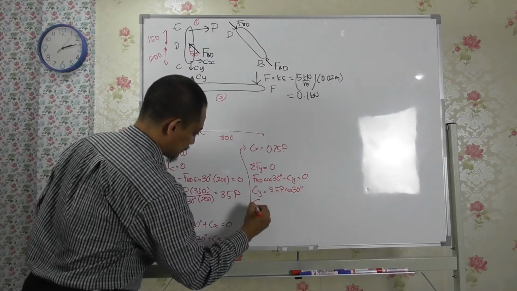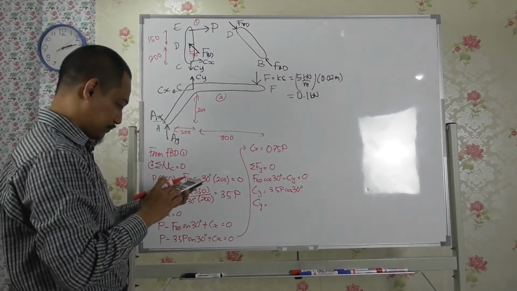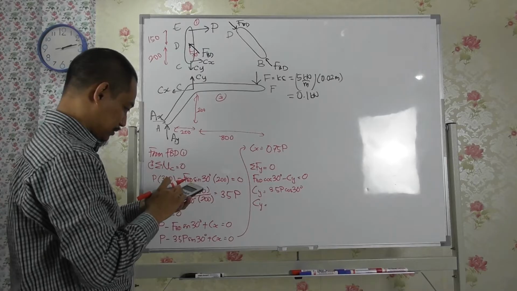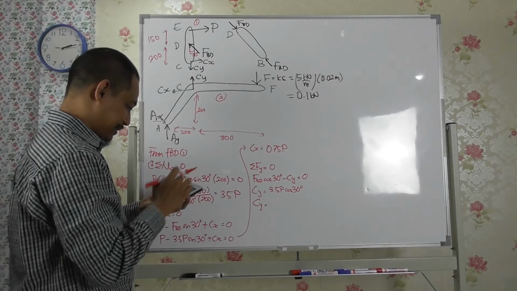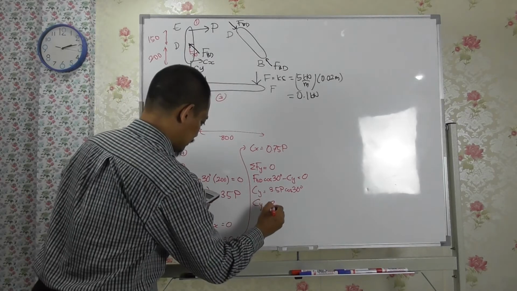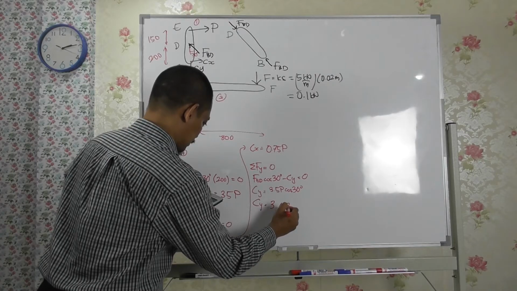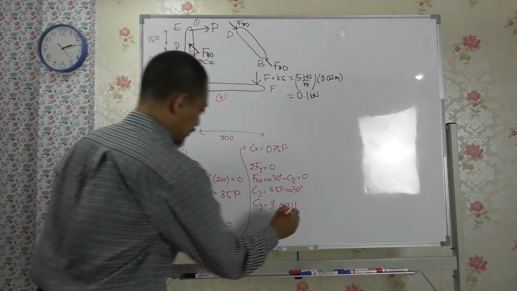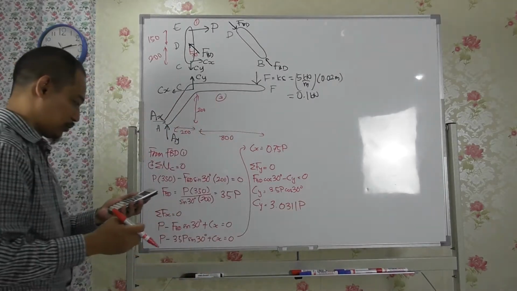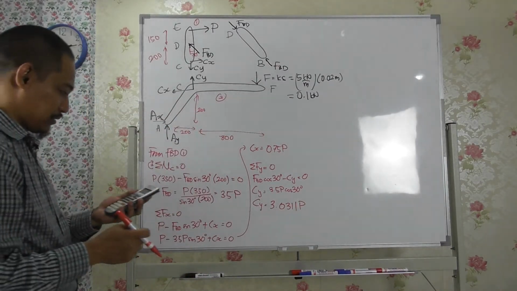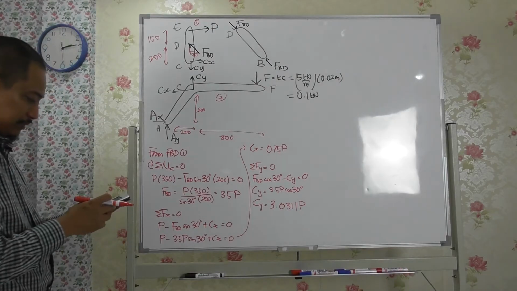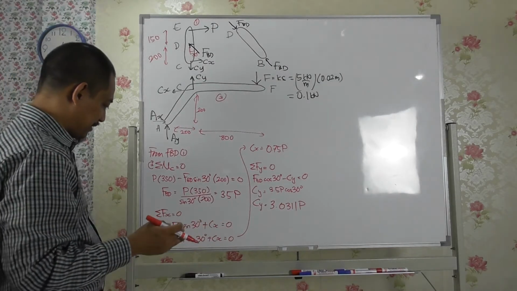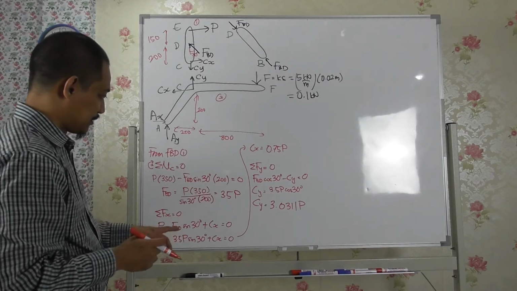So Cy equal to, if you calculate 3.5 times cos 30, basically you get 3.0311p roughly, right? So what I have managed to do here is actually Cx